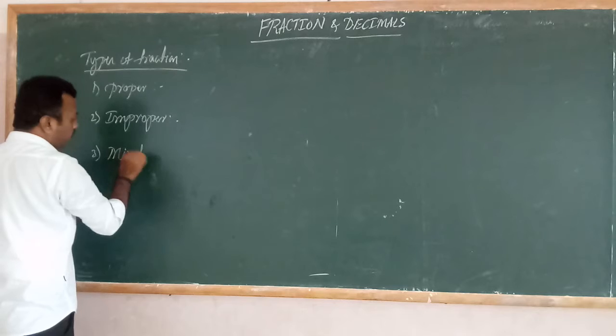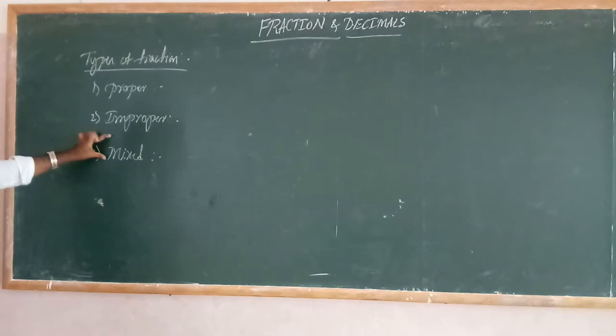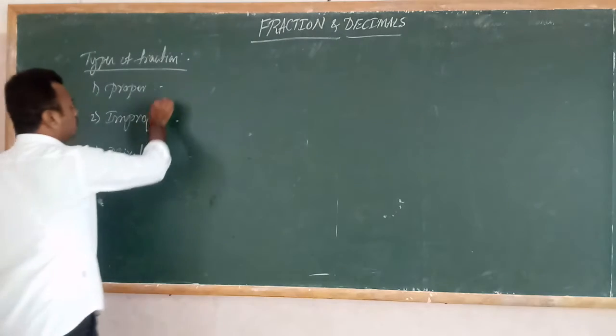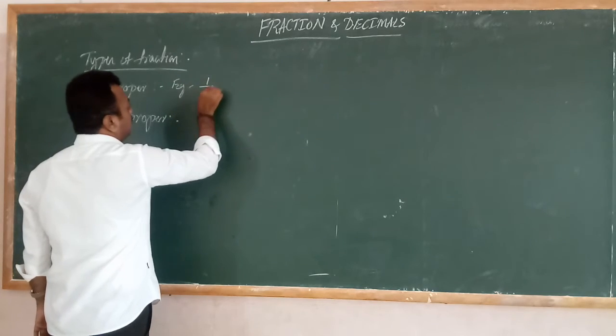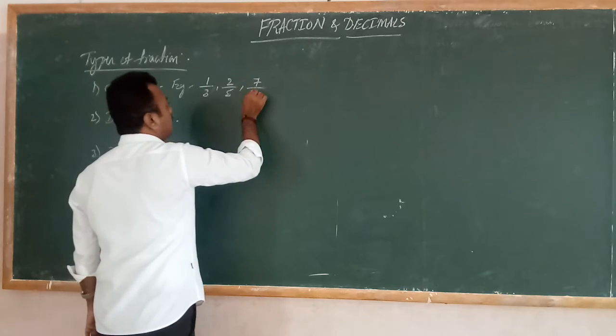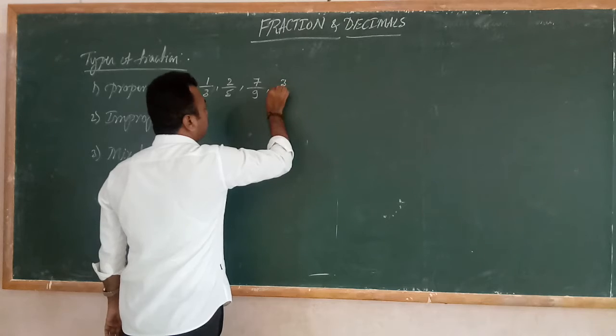There are 3 types: proper, improper and mixed fractions. What do you mean by proper fractions? For example, I will give 1 by 3, 2 by 5 and 7 by 9 and then 3 by